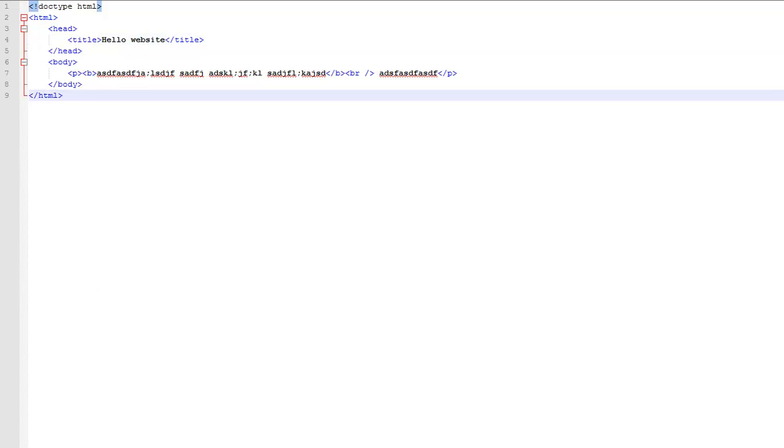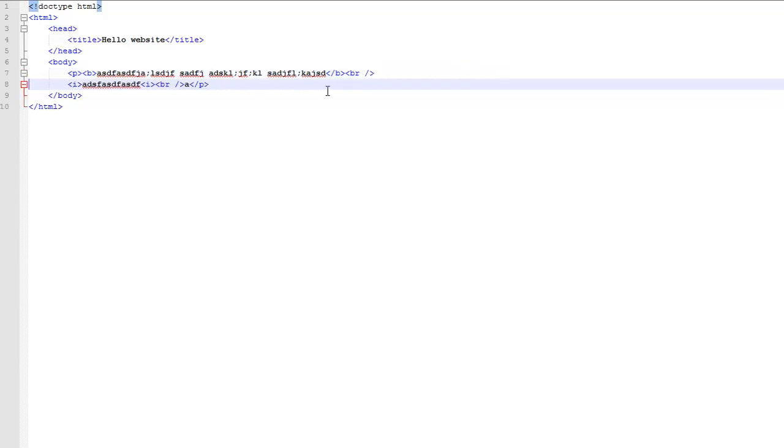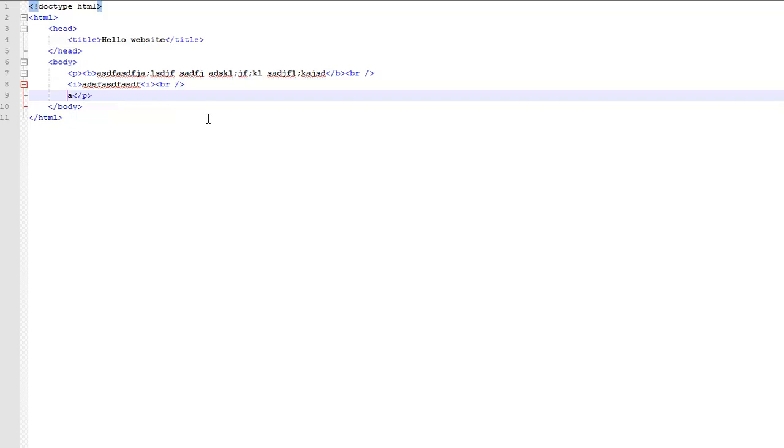And which one will that be? I think italic. We make the second line italic, and we put another line in there, and that line will be striked. So strike,